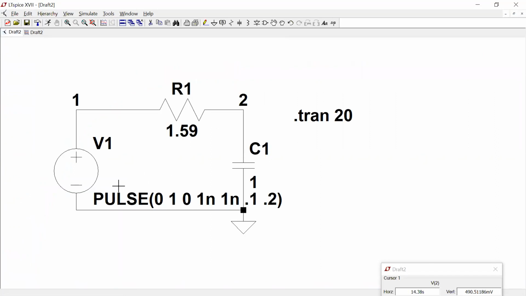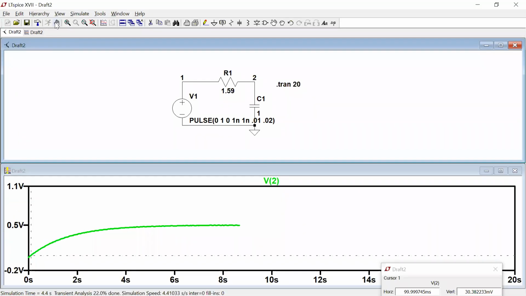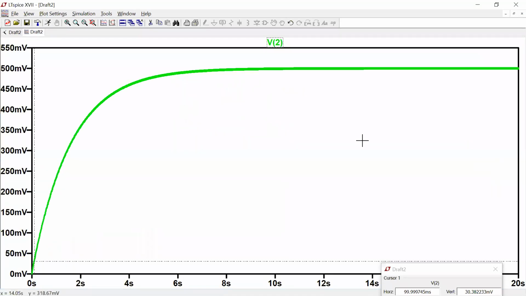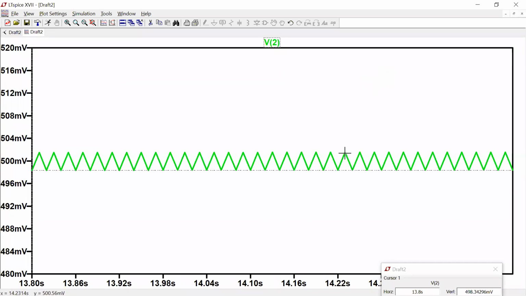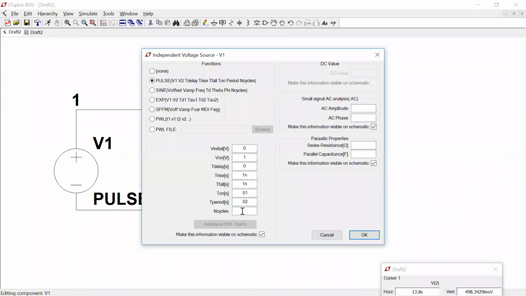The only thing I can do is just say, well, let me make it an even higher frequency. And now at this scale, you see it's a little blurred. The ripple is still there, small, but still present. And if you want to see what's going on, there's our